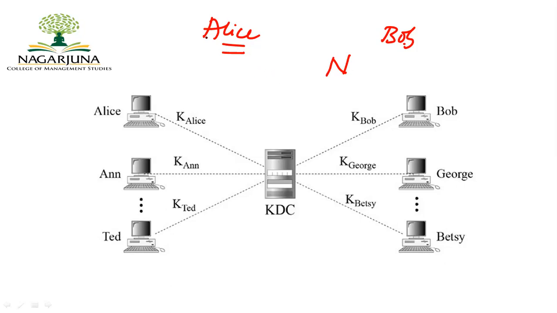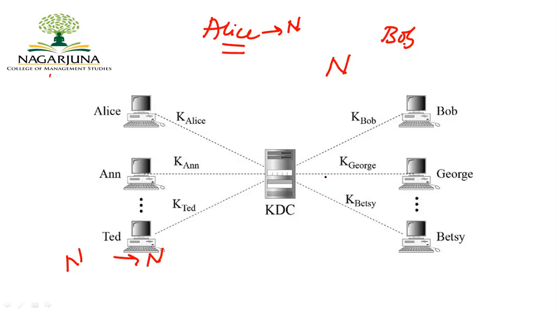In case n different people would like to communicate with n different individuals, with one-to-one communication between each of them,